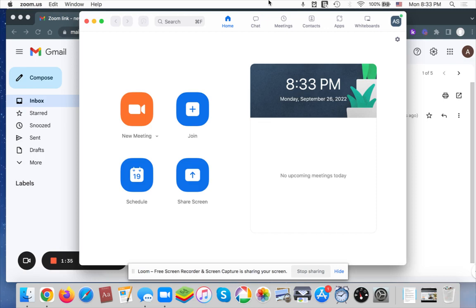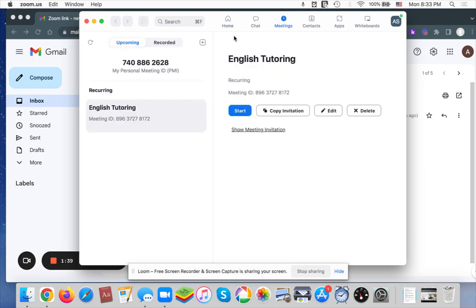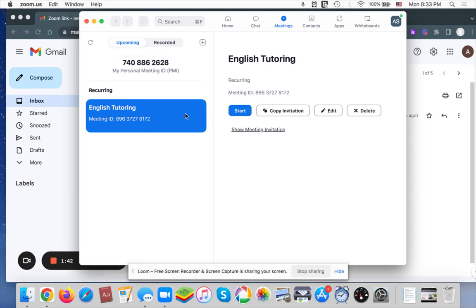But anyway, I've opened up the Zoom program on my computer. I click on Meetings, and I select the meeting that I want to open. In this case, it's called English Tutoring. And then I click on the Start button, the blue Start button. So either of those two ways, whether it's through a link in the email or by clicking the Start button in the Zoom program, will take me to my Zoom meeting. Okay, so I'm going to click on the Start button here to get into the meeting,